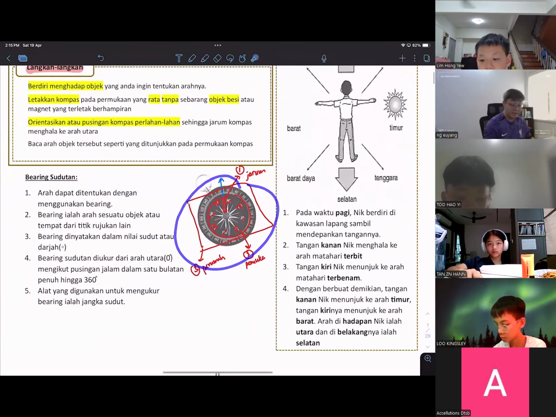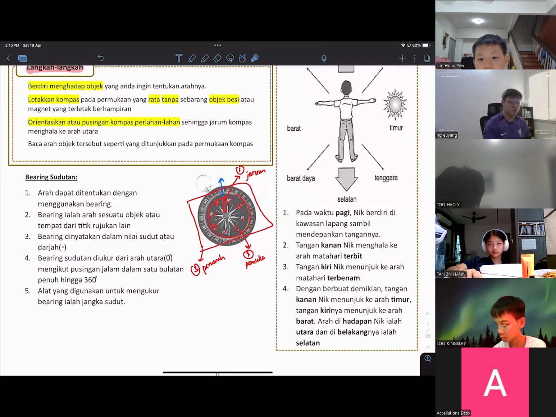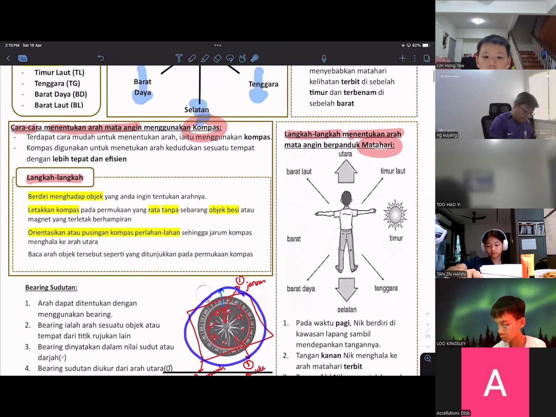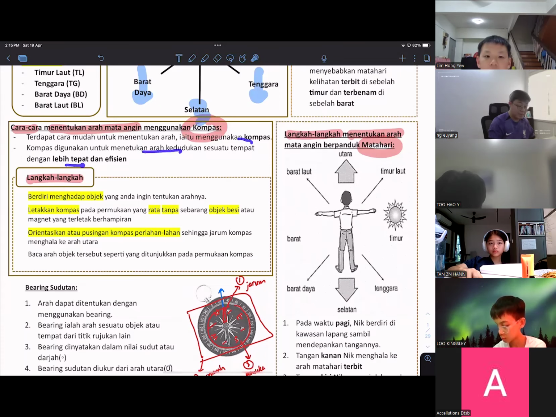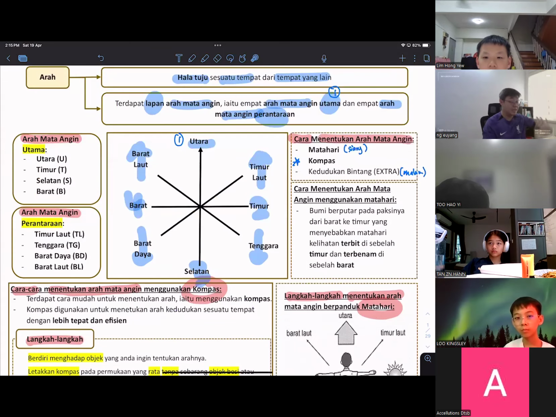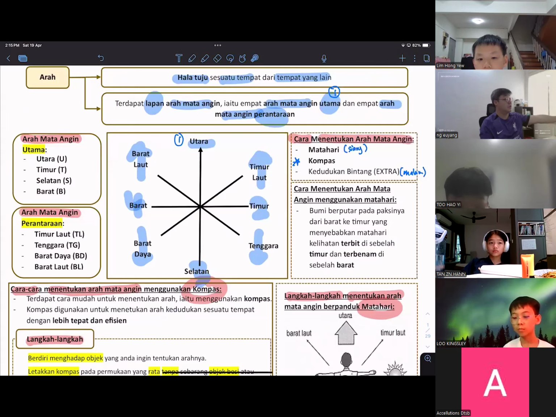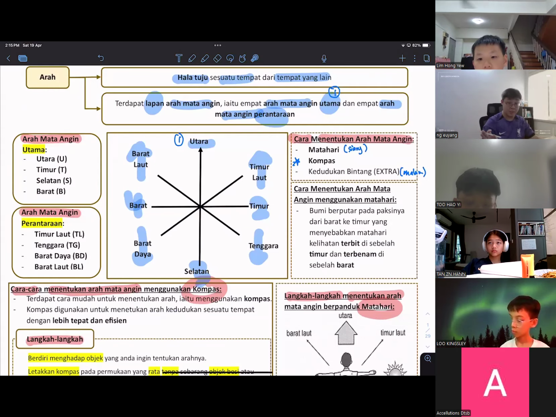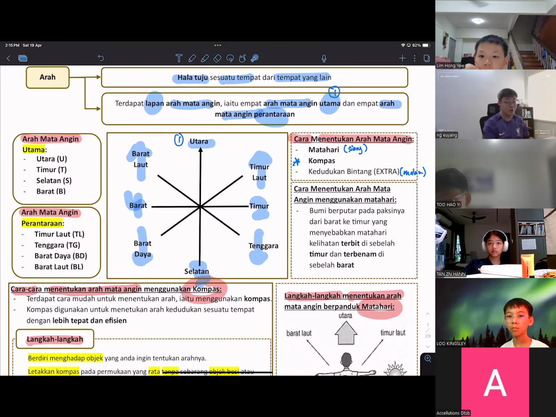Okay, so after identifying the three structures of the compass, remember, the compass is always able to identify any arah dengan lebih tepat dan efficient because it's not affected by the daytime and nighttime light sources. Let's say the sun is always rising from the east and then setting to the west. So as long as we are going to refer to the sun during the daytime, oh, this is before 3 p.m. So which means 3 p.m. I think it's too hard for you guys to identify.